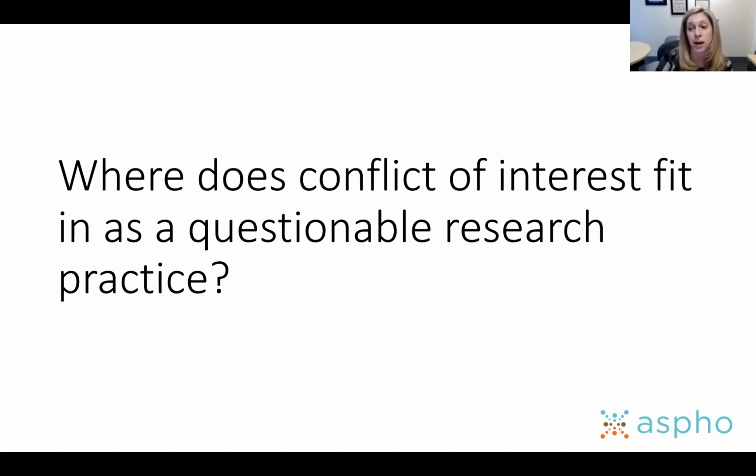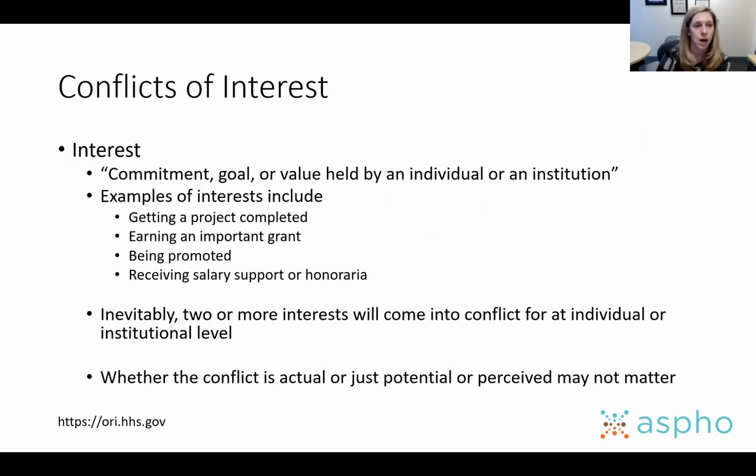Next, I want to just talk about conflict of interest, because conflict of interest is an important subcategory within questionable research practice and gets a lot of attention for good reason. An interest is a commitment, goal, or value held by an individual or an institution. Examples of these interests may include getting a project completed, earning an important grant, being promoted, receiving salary support,